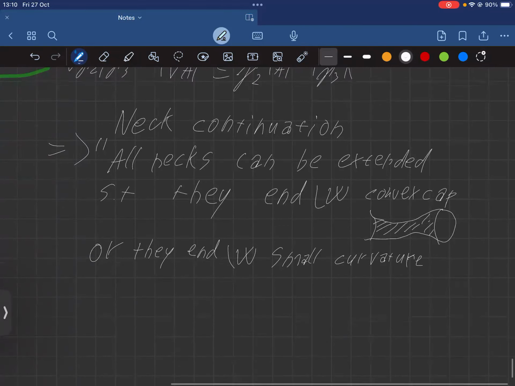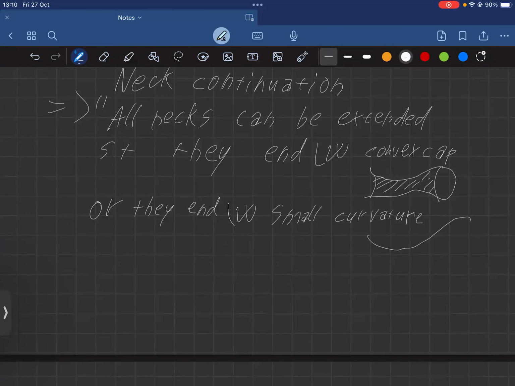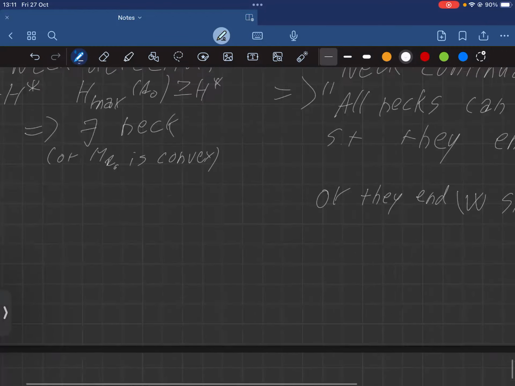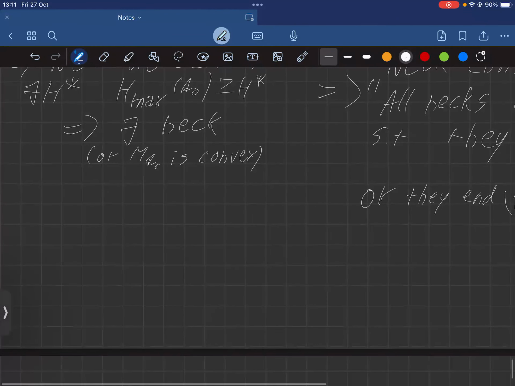By that, I mean that the necks are going to enlarge such that the area where we are performing the surgery has sufficiently small curvature, and thus the mean curvature overall will drop right after the surgery. Okay? And given these two theorems, we have the main theorem,